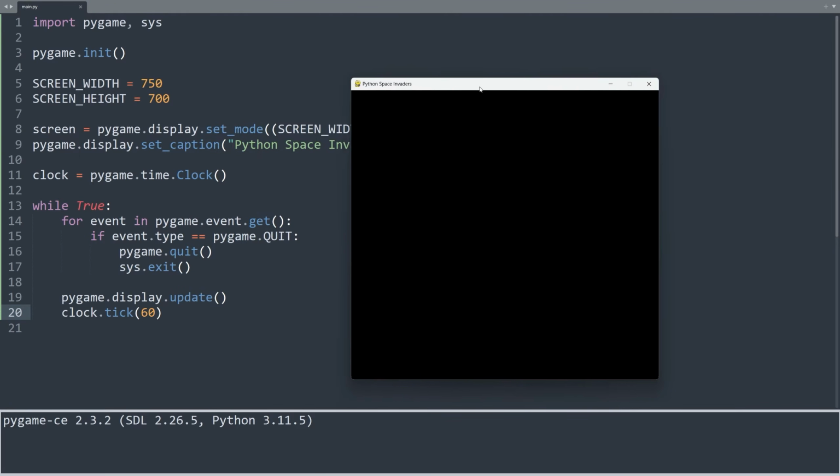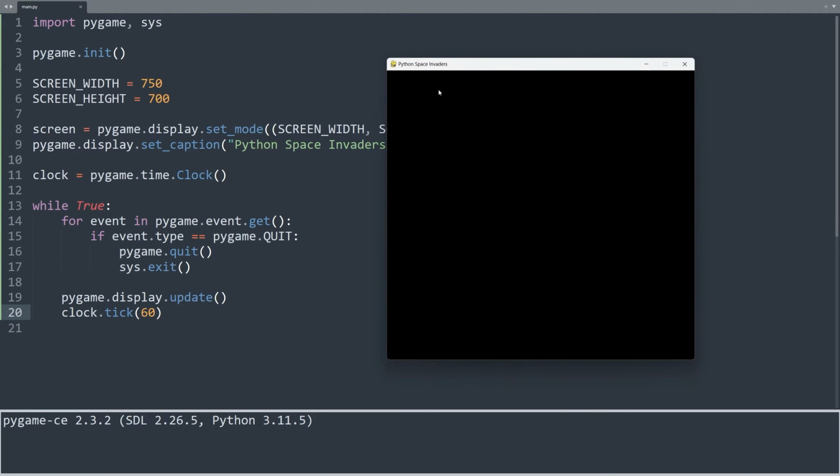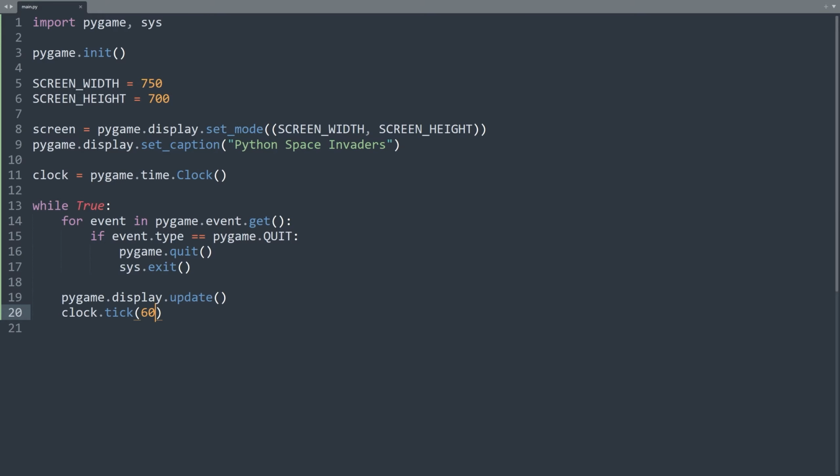If we run the game at this point, we won't see anything inside the game window because we haven't drawn anything yet. But the important thing is that we can see the game window with the title and the dimensions we defined, and that we can reliably close the game by clicking on this X icon here. Beautiful! The game window is black. Let's make it a dark gray color.